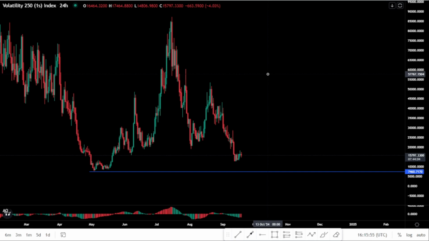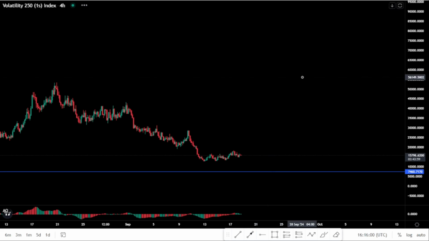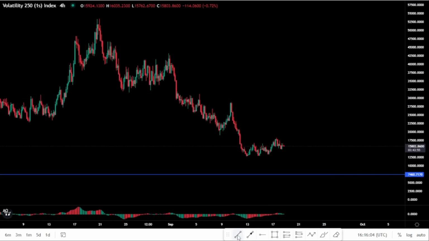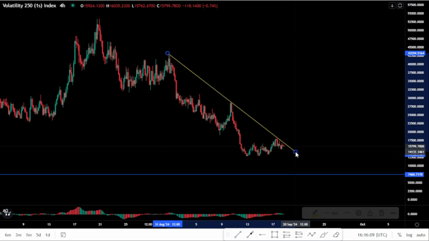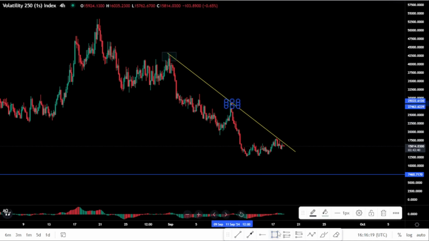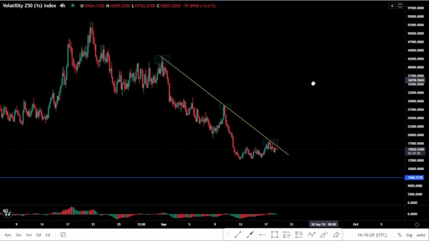Then what we do is move to the lower time frame. From there we go to the 4-hour time frame, where we're going to mark our charts. You can see here we have a downtrend. Every time the market came to this level, there was a reaction. So definitely when the market gets to this level over here, we'll be looking for a reaction there. That is where we'll be looking for our QM